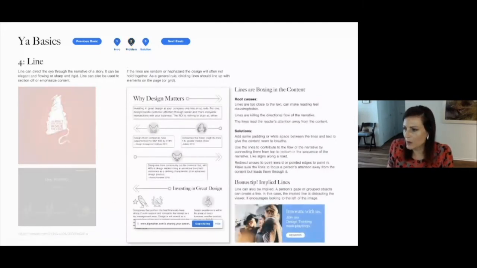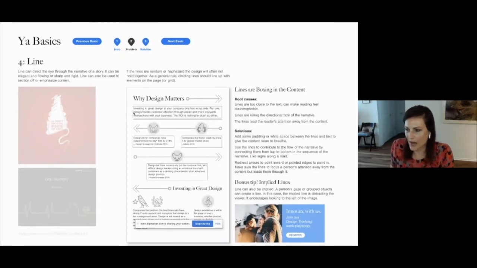And so the problem areas that I see with line, and actually this is one I see a lot and it drives me bonkers, is the designer put a box around the content because they were trying to isolate it or create a container for it. But the box didn't allow a lot of padding for the text. It's like the boa constrictor to the copy. So it's really kind of claustrophobic or strangling the copy. It makes it hard to read. It makes it feel a little unsettling to the viewer.